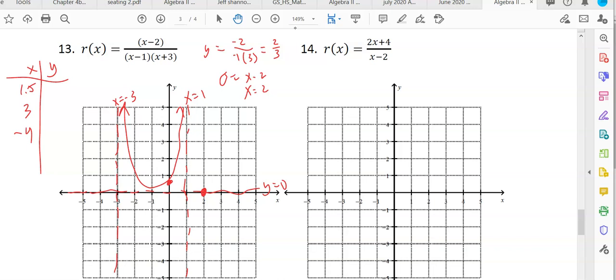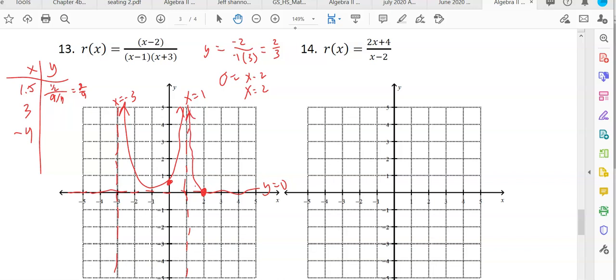So 1.5, and all I care about is whether these are positive or negative, really, but it'd be negative 0.5 over, let's see, 0.5 times 4.5, half of 4.5 is 2.25. So it's 1/2 divided by 2.25, which is 9/4, which is 2/9. Definitely positive. So somewhere up here. So this graph's doing this,